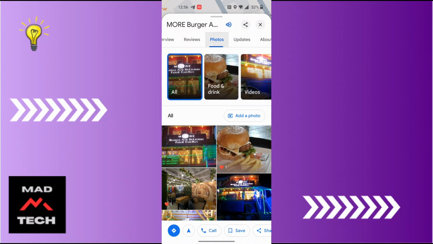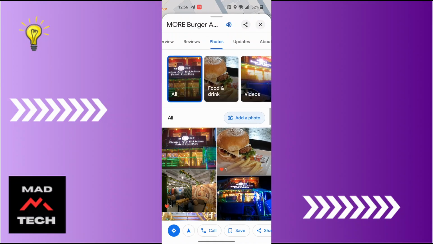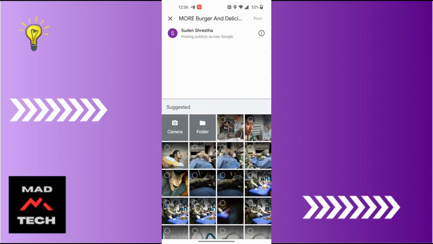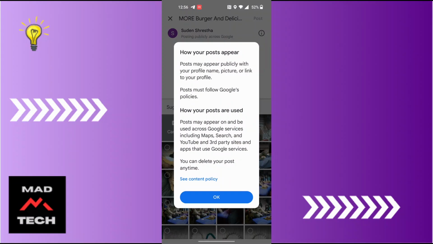Tap on photos and then you'll be able to add a photo from over here where it says add a photo. Tap on add a photo over here and all of your photos on your device will be over here. But before we proceed, let's tap on the top of the screen where it says post may appear